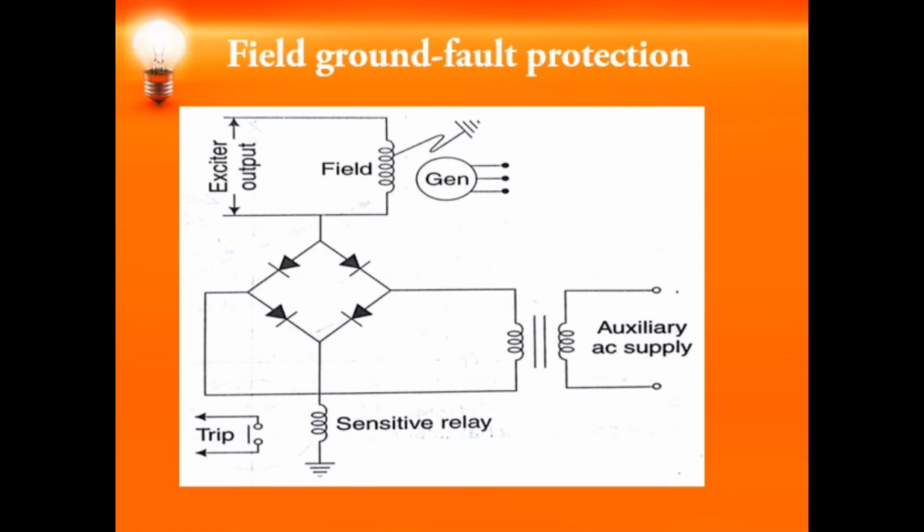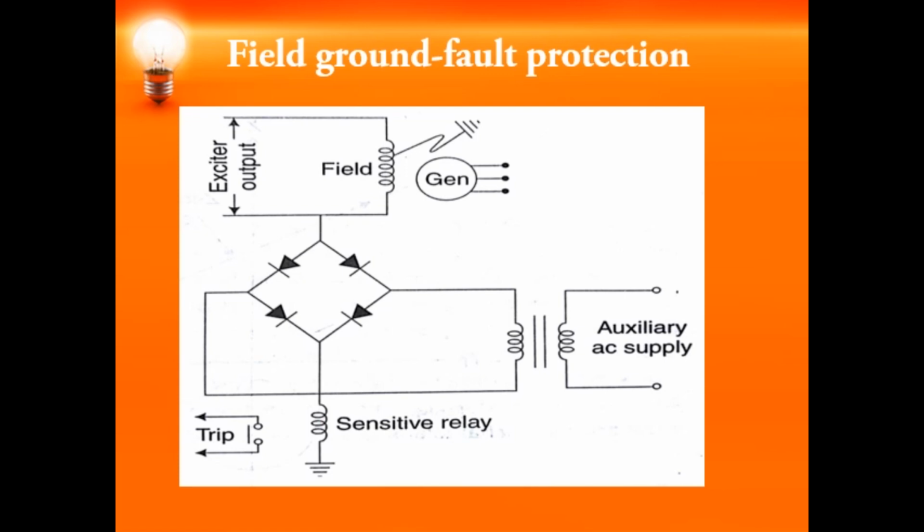If a single ground fault has occurred, it will not affect the operation of the generator, nor will it cause any damage to the generator. Whereas what will happen is it will increase the stress to the ground in the field, which will initiate another ground fault. If a second ground fault has occurred, then a part of the field winding will be bypassed, which will increase the current flowing through the remaining portion of the field winding.